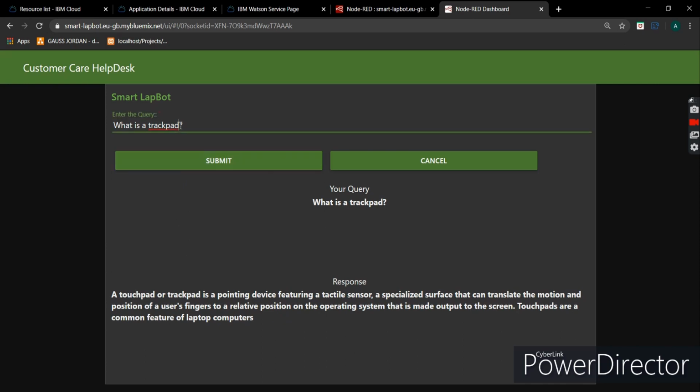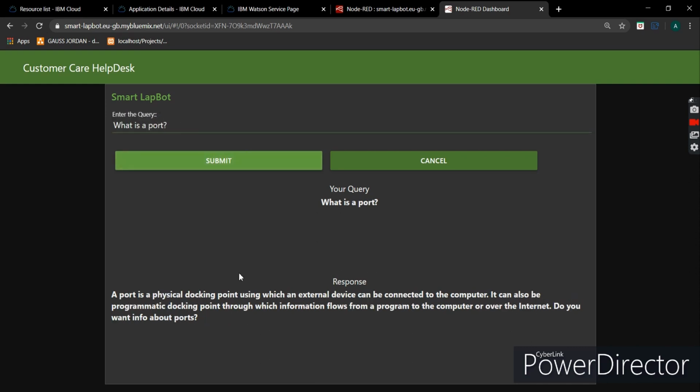Now let's do another thing. Let's ask it what is a port. As we have done previously, it is going to show us the physical definition of a port. Now it is asking us, do you want info about ports? Now let me type yes, I do.